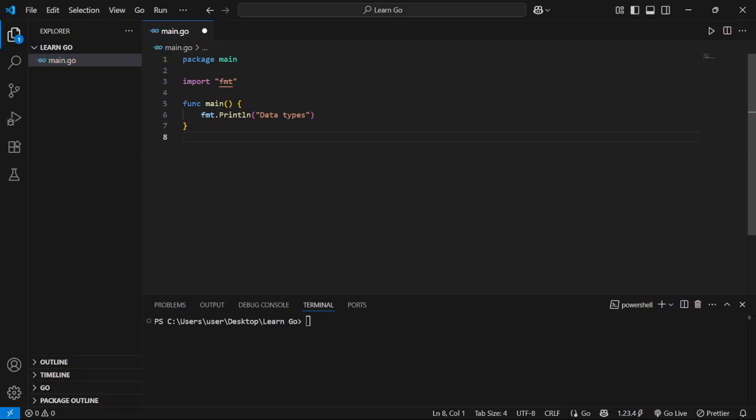Hello guys, so today we're going to look at the main data types that you can define and use in your Go applications. So we can start off by looking at integers